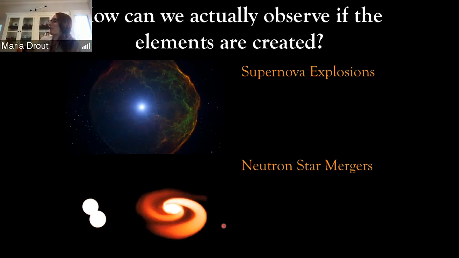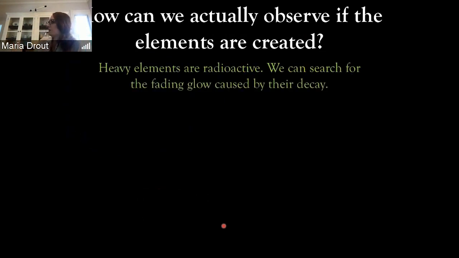How can we as astronomers, I'm an observer, actually try to observe the elements that are created and try to understand if they are making these heaviest elements in the periodic table? There are a few different ways that by studying the light from cosmic explosions, we can learn about the types of elements that are made, but I'm going to highlight just one of them now because it's most relevant for the JWST proposal. The critical piece for our proposal is that all of these heavy elements in the periodic table, or most of them anyway, are radioactive. I showed you those beta decays that they were undergoing. So we can actually search for the light or the fading glow of the explosion that is caused by that radioactive decay and look at their properties.